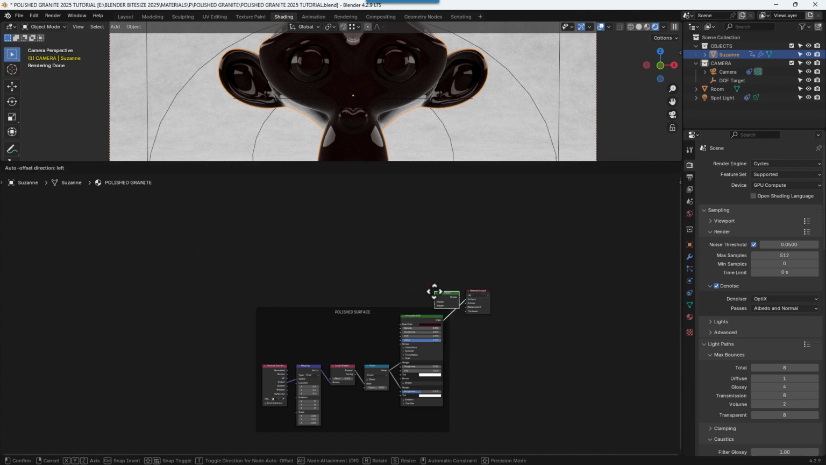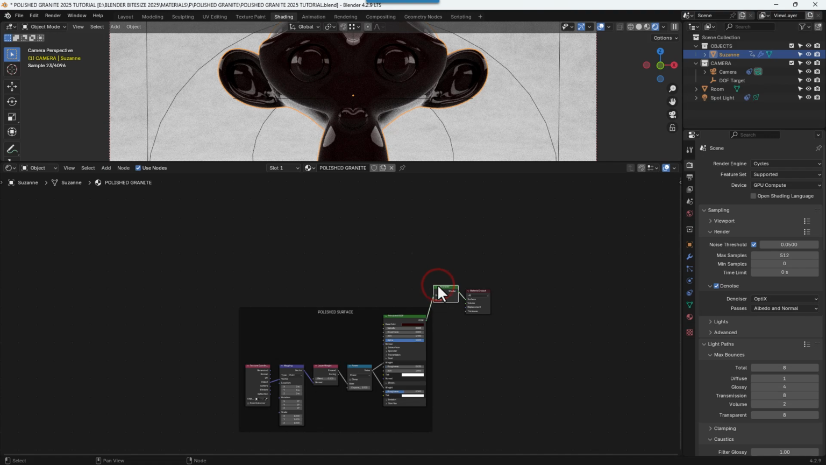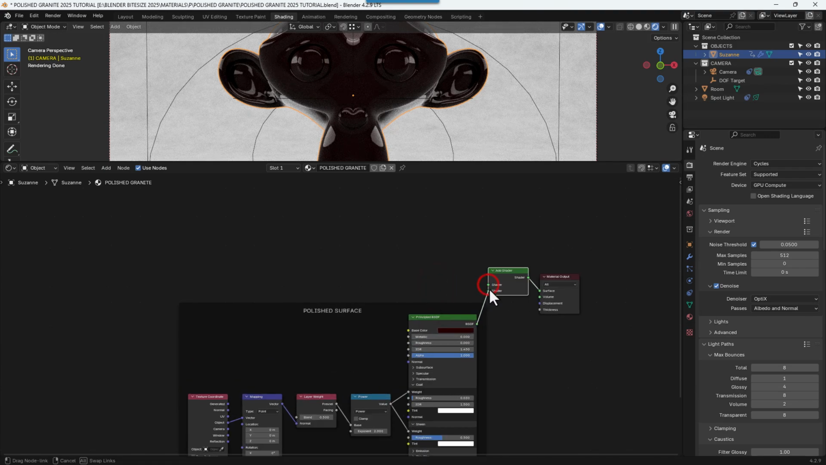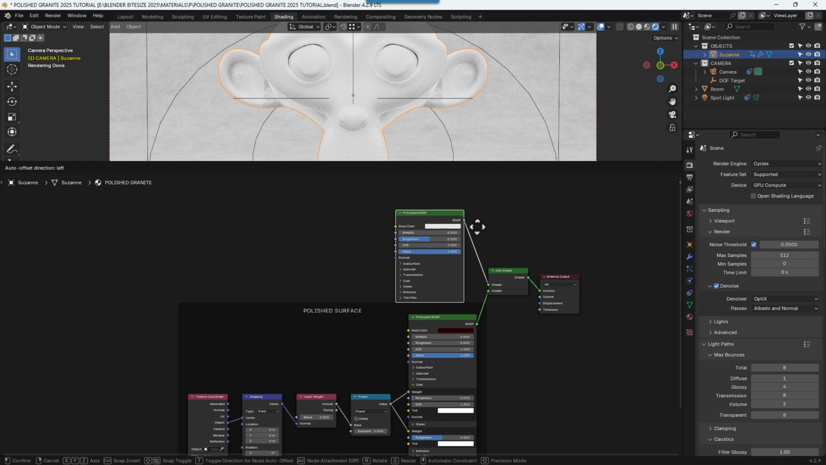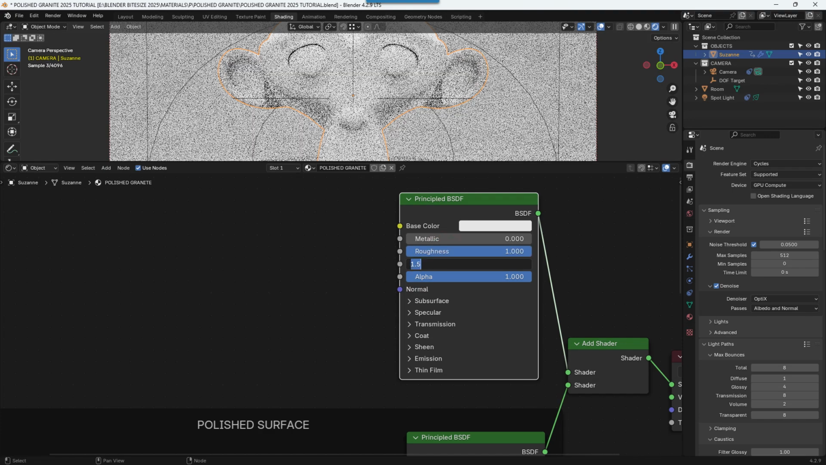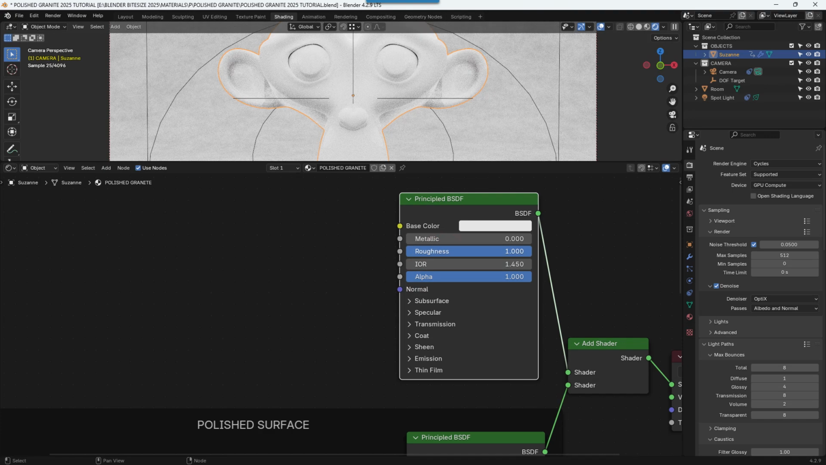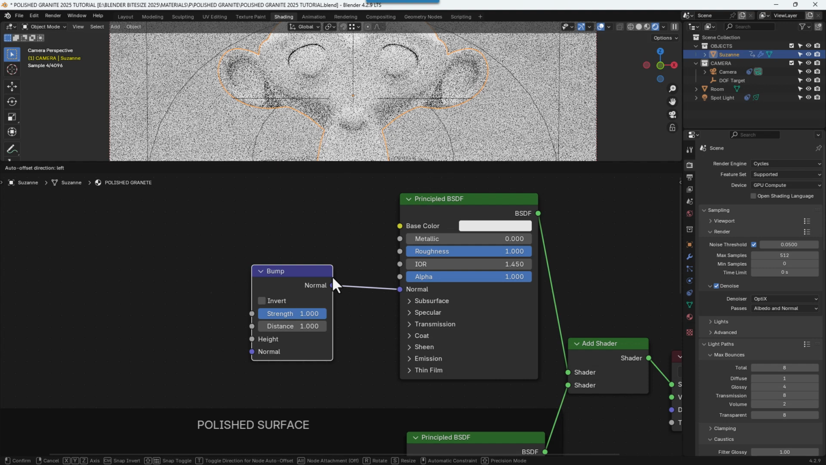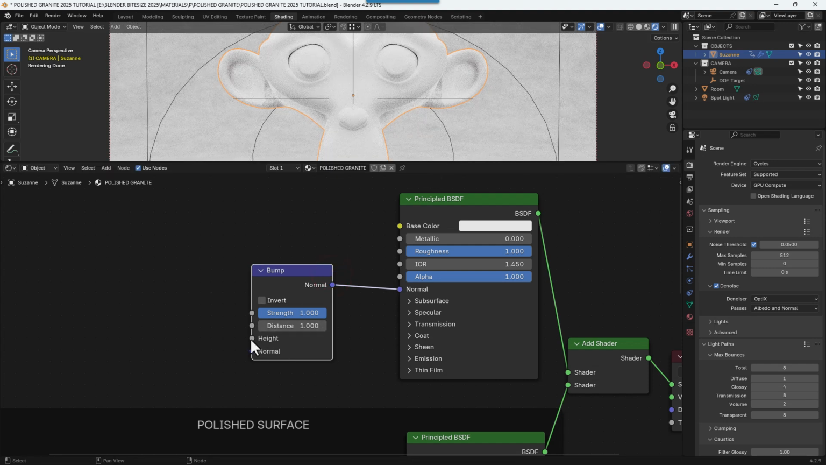Next up, I'm going to search for an add shader and drop that in after the principled shader. Connect that up to the bottom socket. Then I'm going to get another principled shader and connect it to the top socket of the add shader. Set the roughness to 1, index of refraction to 1.45. And then I'm going to connect a bump node to the normal input. And then to the height input, I'm going to connect